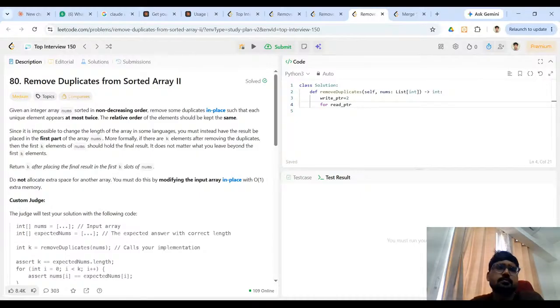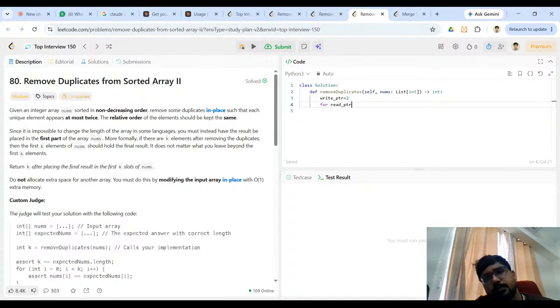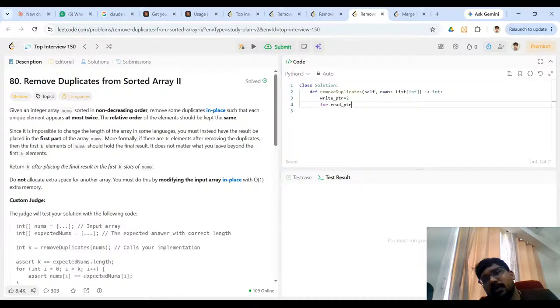So basically, over here, what we are doing is they are asking: given an integer array nums sorted in non-descending order, remove some duplicates so that there are no more than two of each. Basically, whenever we write, we should not replace the read pointer. So for read pointer in range of length of nums,